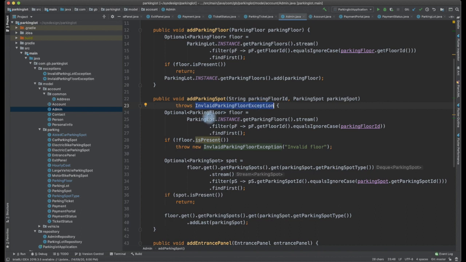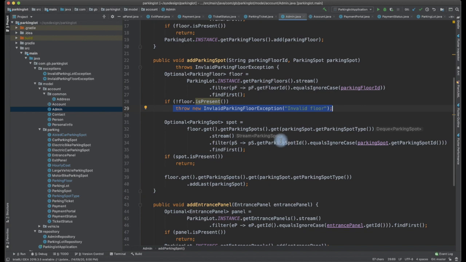First of all, we are going to get the parking floor from the parking lot. Parking lot dot get parking floors will get all the parking floors. We are going to check if the floor exists or not. If the floor exists, then we proceed with the addition of the new parking spot in the floor. Otherwise, we throw an invalid parking floor exception.